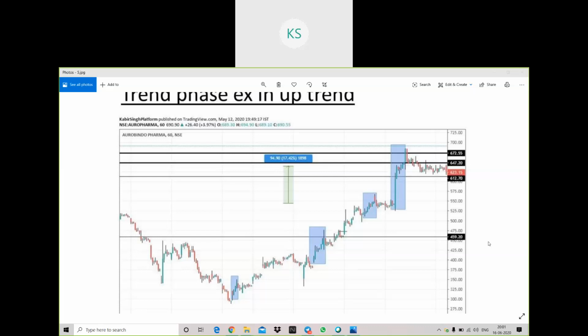So see, if the main trend of the stock is in an upward direction, then you will get the movement. If it is against the main trend, the movement will be very slow. If the stock is moving in its trend phase, the momentum will be very fast. This is the rule of trend phase. And if the momentum is fast, definitely you will get big candles. Without big candles, the momentum cannot happen. So these two things should be in line with each other.